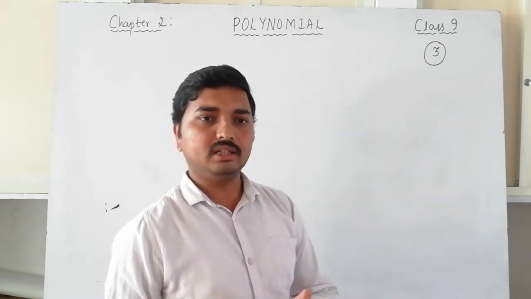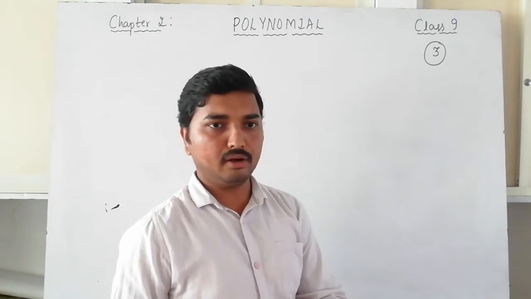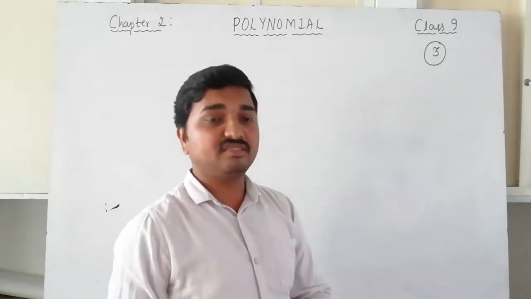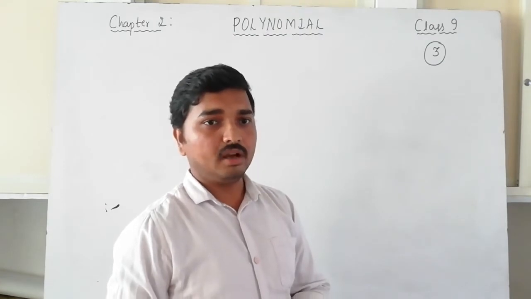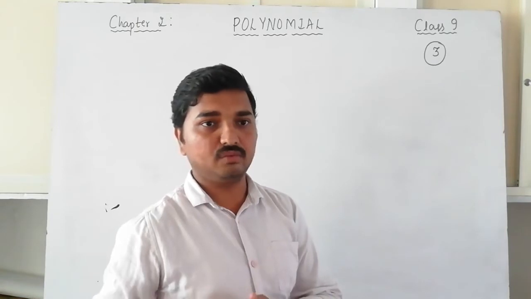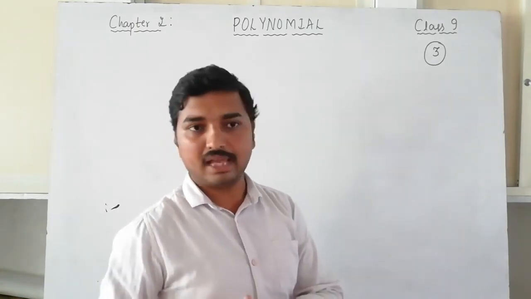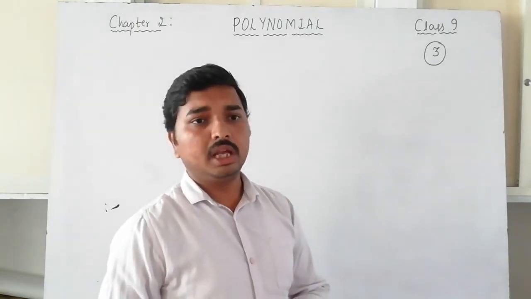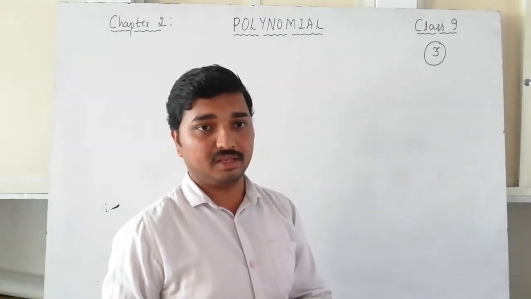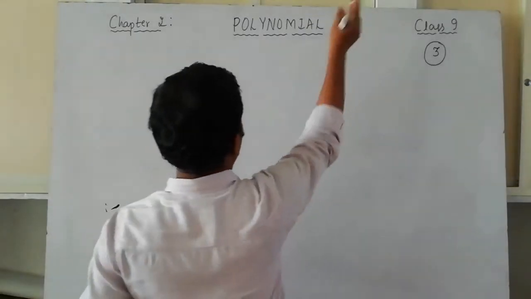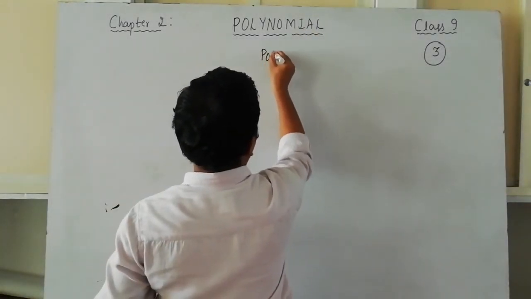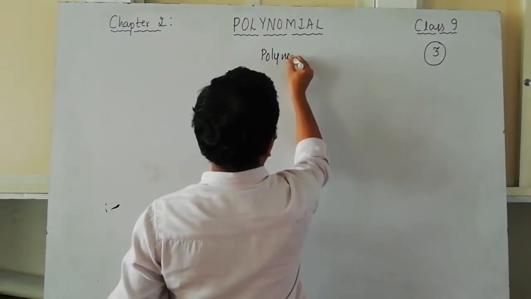The first one, monomial, binomial, trinomial, is very familiar to you, and in this 9th standard syllabus we are not focusing much on that type of classification. In this syllabus you are going to study one more kind of classification. I am going to write on that. First write on it. Now write the flow chart, then after that I am going to explain it for you. Polynomial.